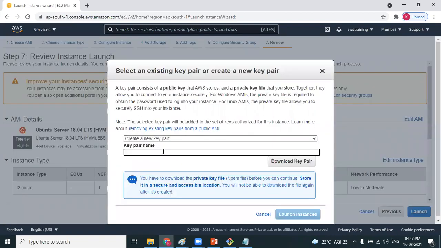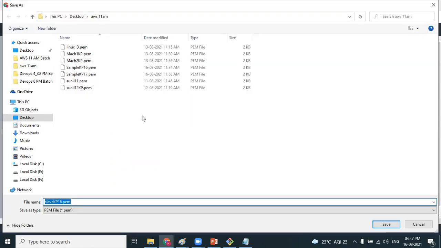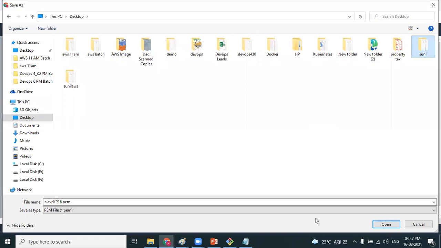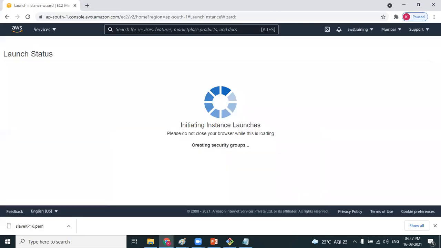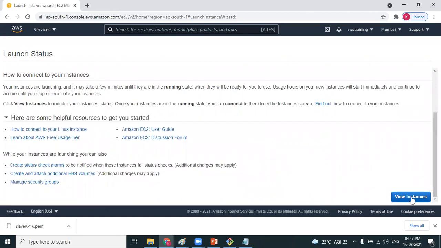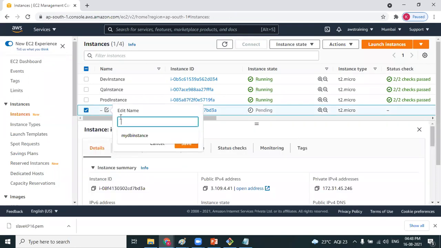I'm writing any name; you can write Slave KP with today's date. I'm downloading my key pair to the desktop, Sunil folder. Launch instances. View instances. I'm naming this one slave.